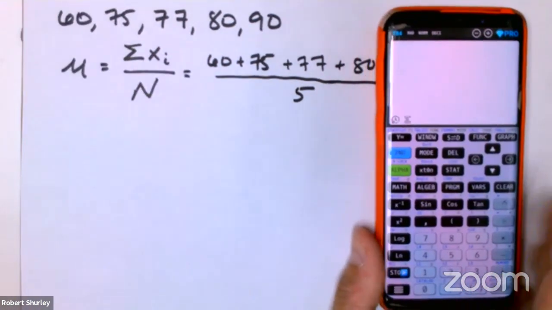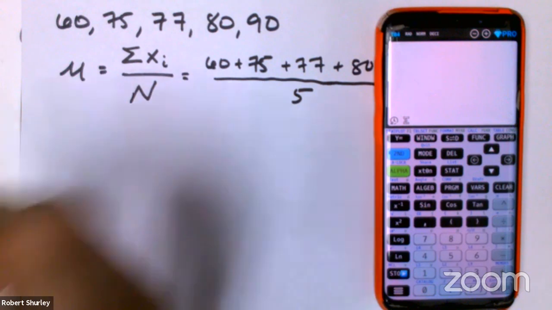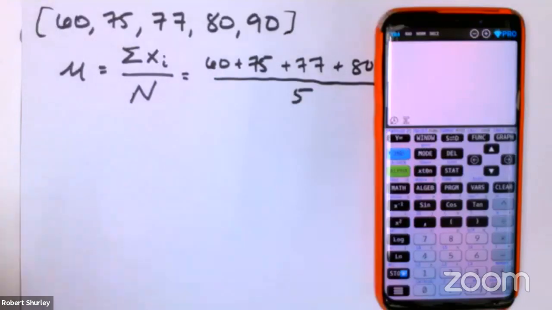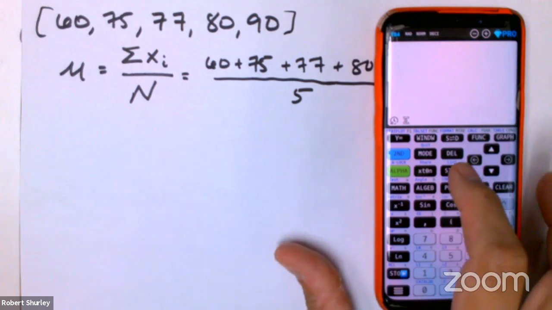So I'm going to go slow this first time, and I'll probably mess up because I haven't used it in a little bit, but I'm going to do my best to not mess up. So first off, we have to make a list. This is going to be the list we have to make. And to make a list in these things, I believe you actually have to go to stat. So if you click on stat,